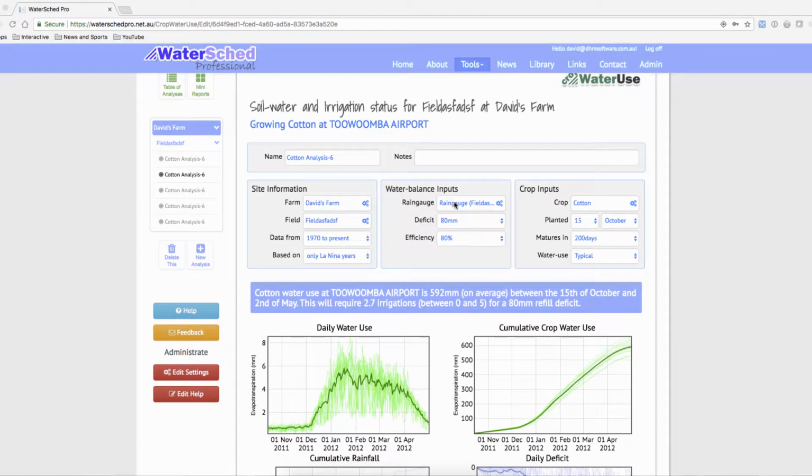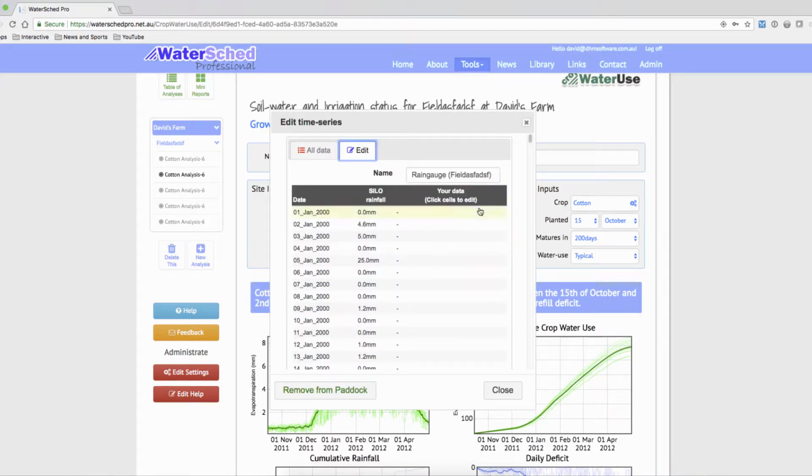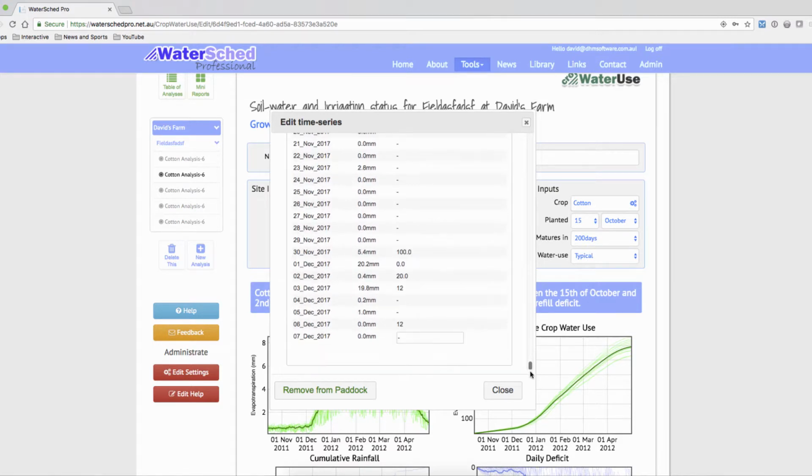Next, in our water balance inputs, we have a rain gauge input. Now this is a copy of the same rain gauge input that we saw in our field dialog. So if you click on this, you might have to scroll down, but you'll notice the rainfall values that we entered in previously. So if I close this now,